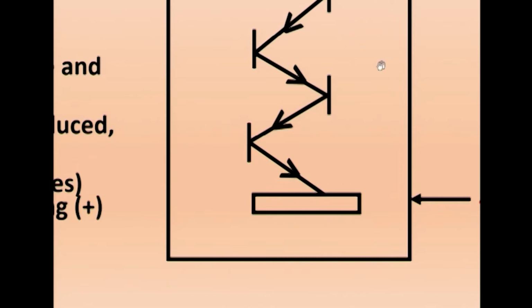And finally, after we have just shown a few, after many diodes, it will go and strike one last diode. That last diode we call the anode. All of them are anodes, but they are at different potentials. We call it a diode, and it falls on the anode. So from the cathode, it has come to the anode.